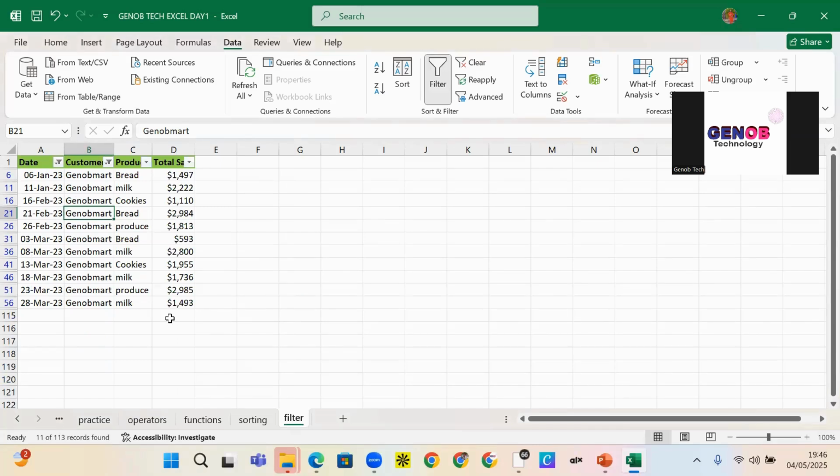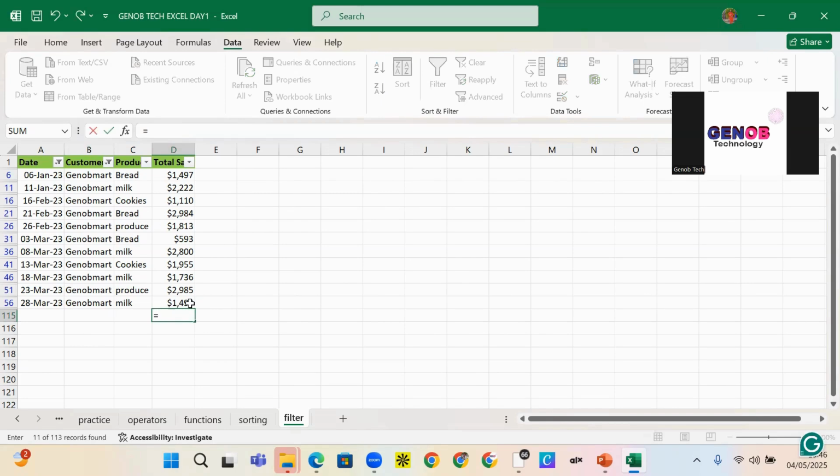I can go further to calculate the total sale to General Mart, or General Mart's total purchase, however you call it, because we are selling to General Mart, who is buying from us. Okay, so I say equal to SUM,